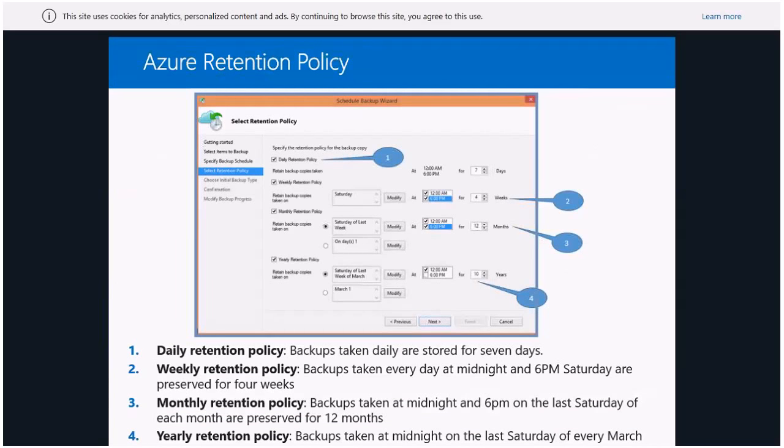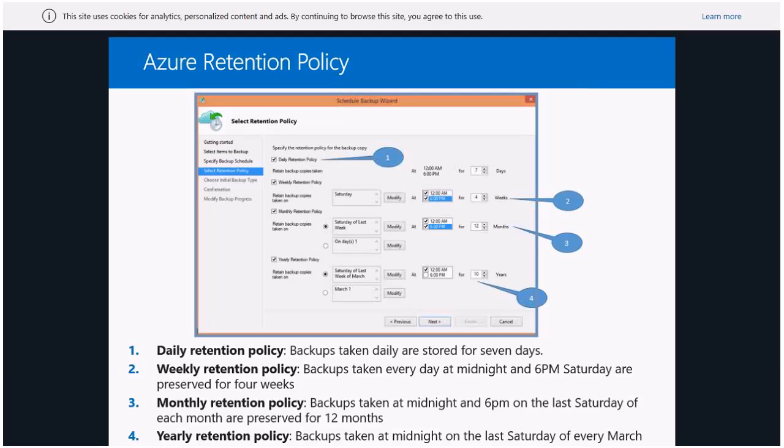The other thing you need to have a good understanding of, if you are in charge of the backup, is the retention policy. You need to talk to your manager, if you're not the manager, to decide it. Basically, as you can see in this picture, and in a few seconds I will run a demo, when you are doing the backup, you can say, I want to do a daily backup and save up to 7 days. But on top of that, I want a weekly backup, let's say every Saturday, and I want to save it for 4 weeks, for example.